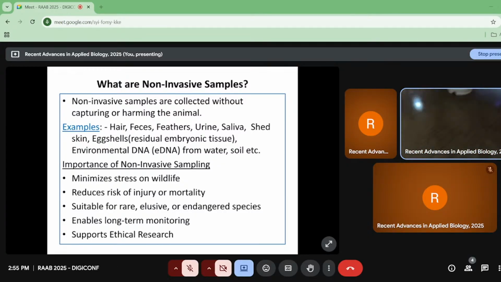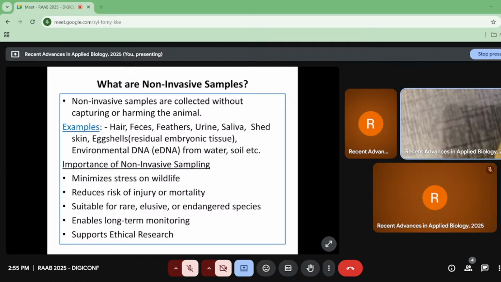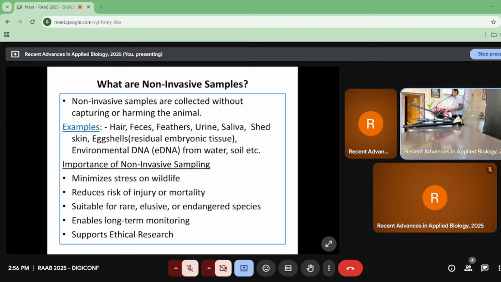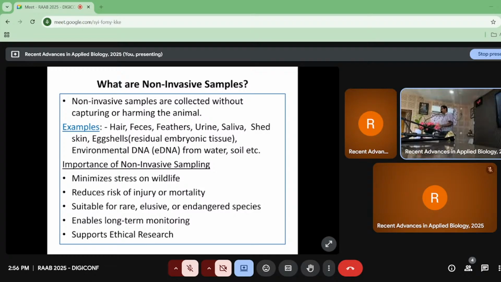So what are the samples? Examples: feces, feather, urine, saliva, sweat, skin, and exuviae, that is, the residual embryonic tissues left in the eggshell, which we need. Environmental DNA means those DNA found in the environment, in soil, in water. These are called environmental DNA, and these are non-invasive samples, and these samples are collected during the